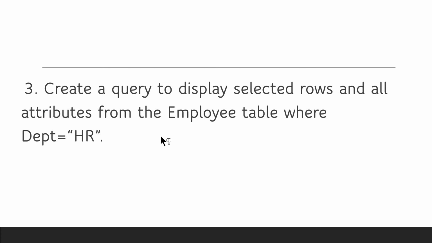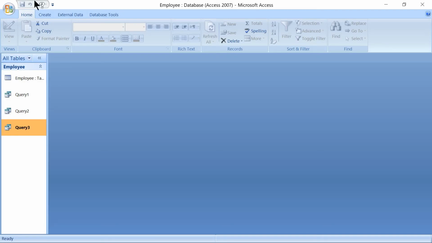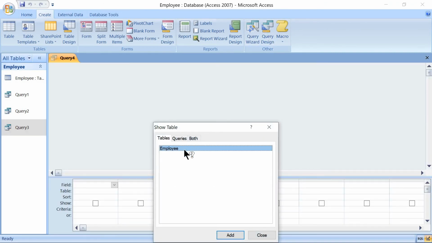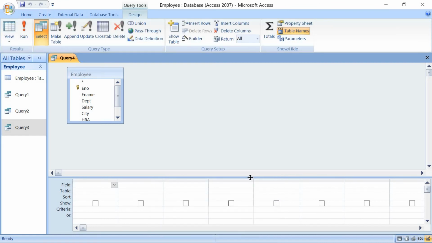With the same question, we will see right now even the parameter query here. That is the same question, that is create a query to display the selected rows and all attributes from the employee table where department is equals to HR. Now go back to create, other group, query design, then add the employee table, then close this dialog box.